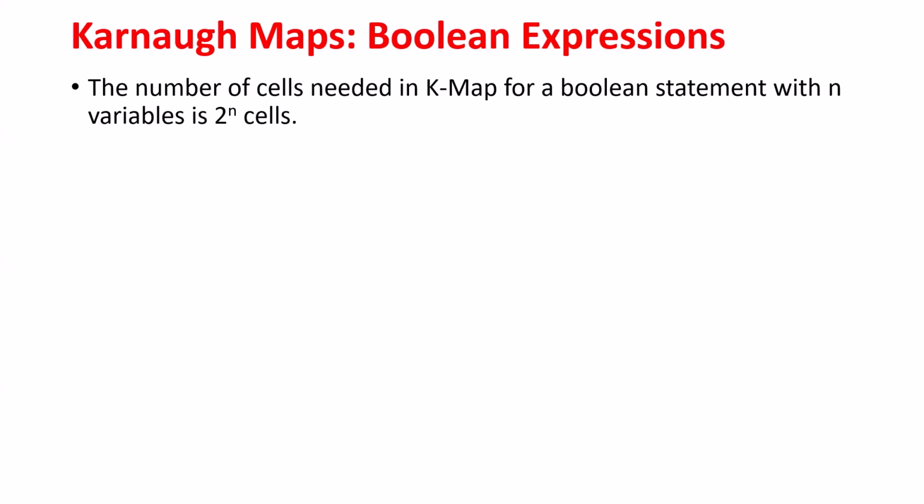The number of cells needed in a K-map for a Boolean statement with n variables is 2 raised to the power n. For example, for a 2-variable K-map,